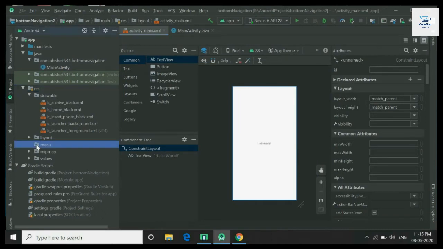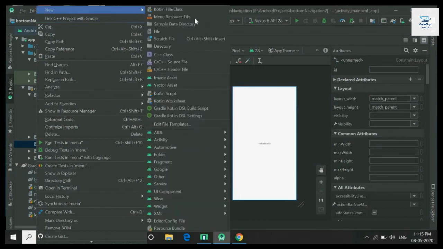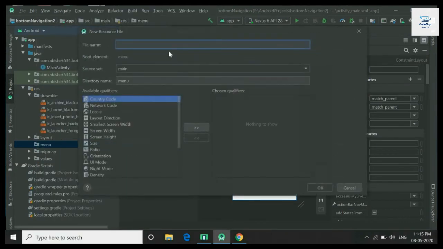Then right click on the menu package and click on New Menu Resource File. Here you give a name for your menu resource file. I will give the name bottom nav. Click on OK.